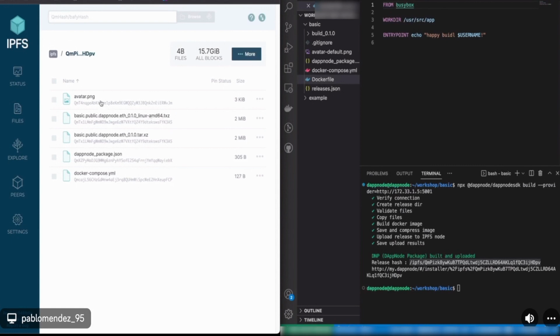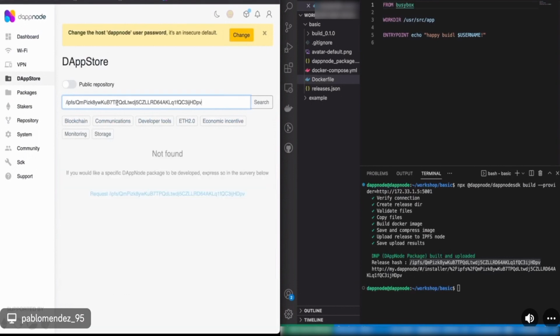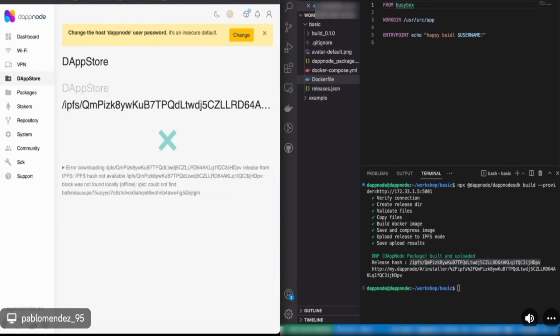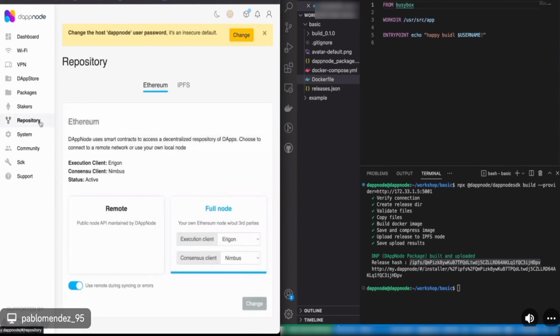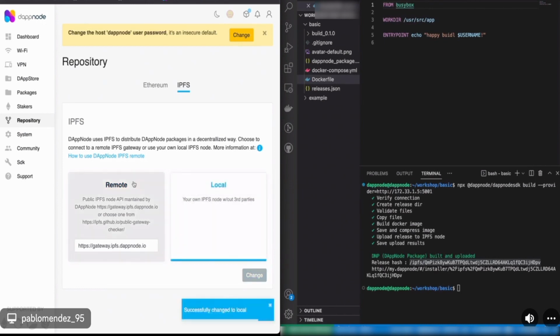It is the avatar, the Docker image, the manifest, and the compose file. So I'm gonna just paste here the IPFS hash. I think I have to switch my, yeah. So I was using remote IPFS, but now I want to use the local one because I'm using my own IPFS node for this workshop.